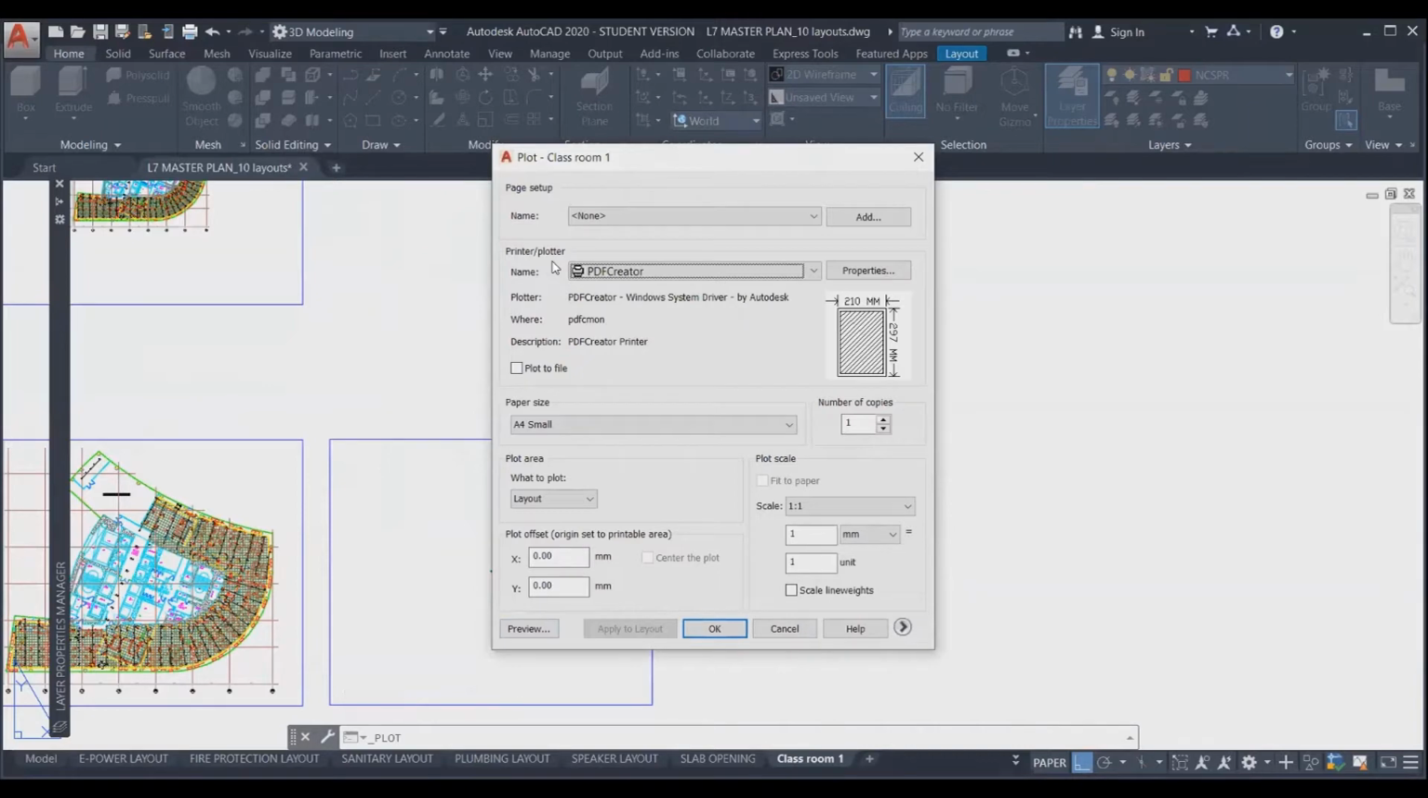Already we have seen the printer name, then paper size, then plot area, whether it's layout or display or window, then placement of the plot on the paper, then scale, plot scale. These are the basic things we have to set for printing. Today we are going to learn one more important thing